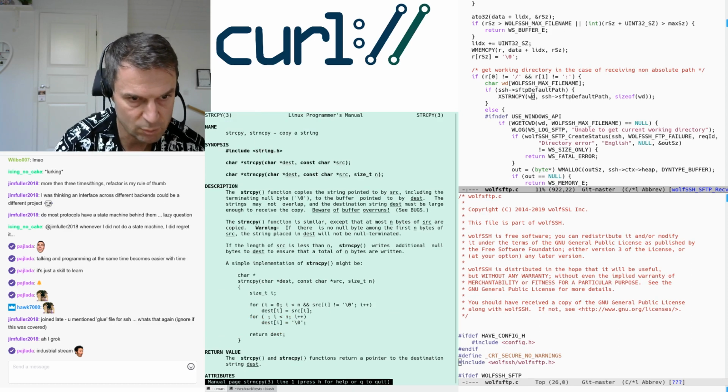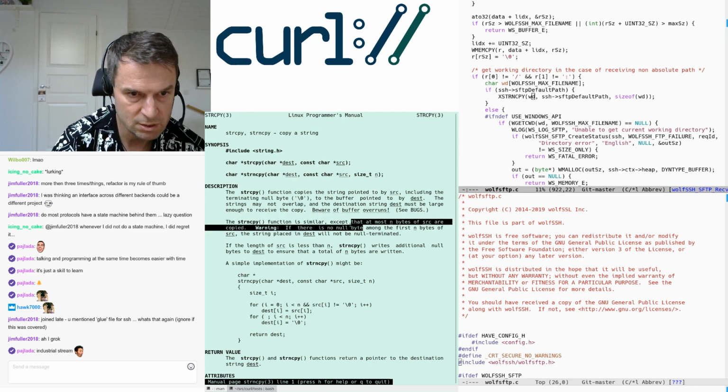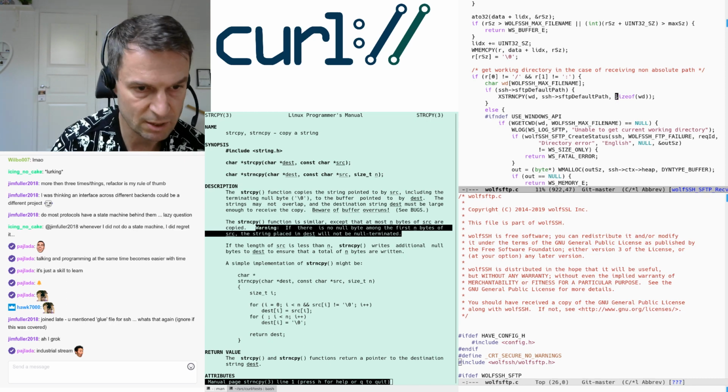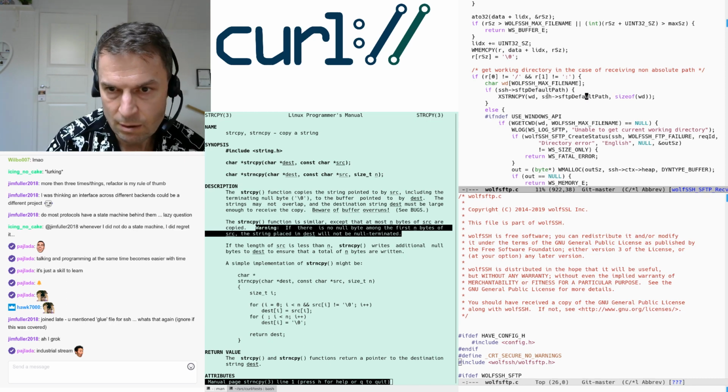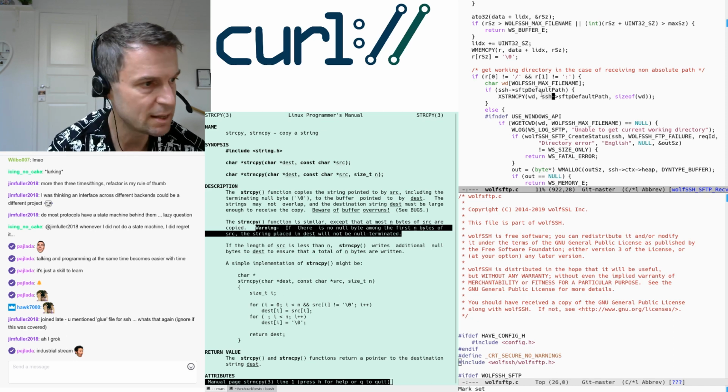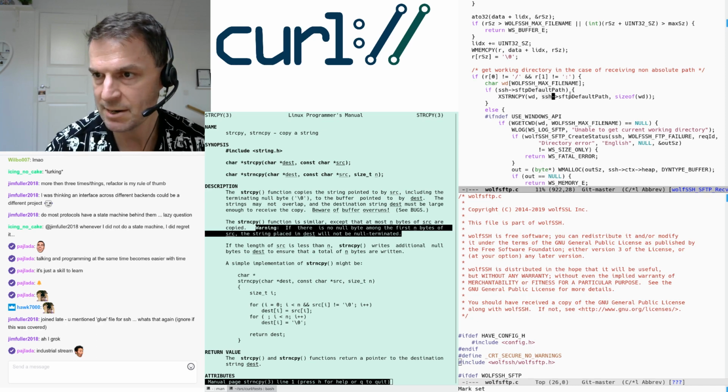That's an excellent warning. Since string copy at the most, if there is no null, so it might actually not... this is a bug in